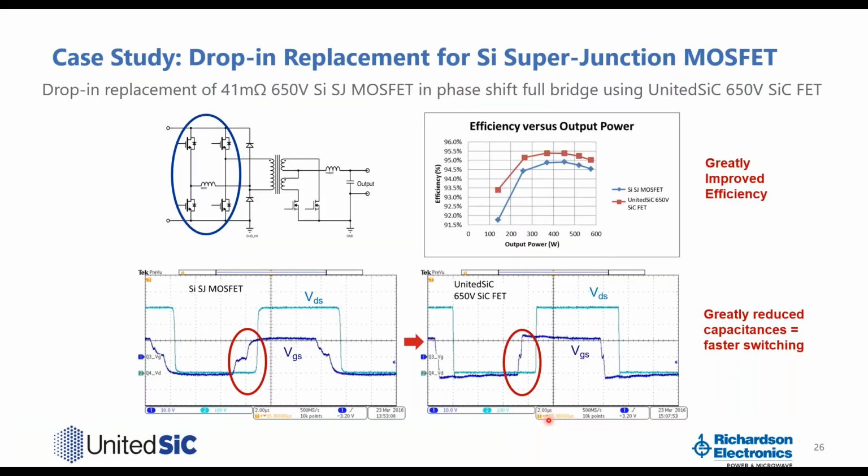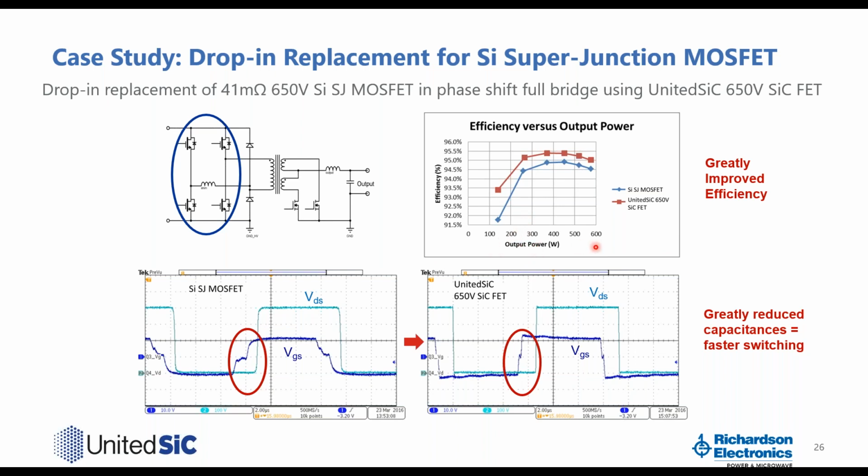So here's a case study of a drop-in replacement for a silicon superjunction MOSFET. This is a phase shift full bridge soft switching circuit. It was using a 650 volt silicon superjunction, which was replaced by the UnitedSiC 650 volt silicon carbide FET. From the efficiency curves, you can see there's a boost in efficiency across the whole